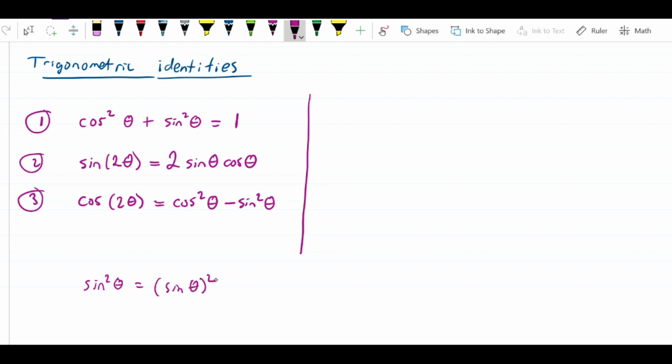Okay. So knowing these identities, you can actually derive some other ones. Eventually you'll start to remember these, and you really should learn to remember them. But I'm just going to show you how to derive them. If I start with the equation cosine squared theta plus sine squared theta equals 1, and I divide every term in it by cosine squared theta,